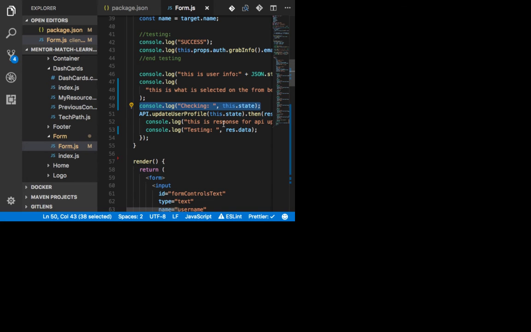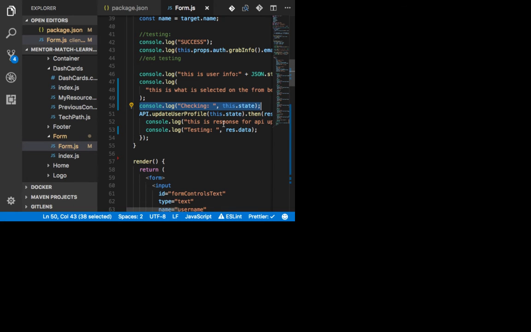In order for it to be available through the entire application, it needs to be using Redux. But that's okay, that's fine. The issue we're facing is that this state is only available for this component.